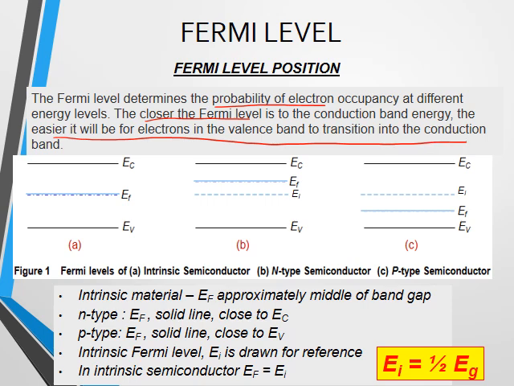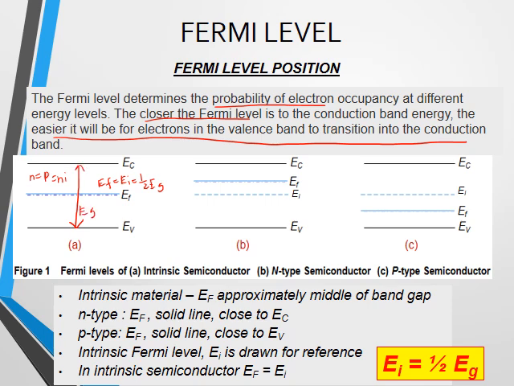So for these three types of semiconductor, for an intrinsic semiconductor, since the number of electrons and holes are the same, the Fermi level must be at the middle of the band gap. Thus, Ef equals 1/2 Eg. The Fermi level for an intrinsic semiconductor, the intrinsic Fermi level, is denoted as Ei, and